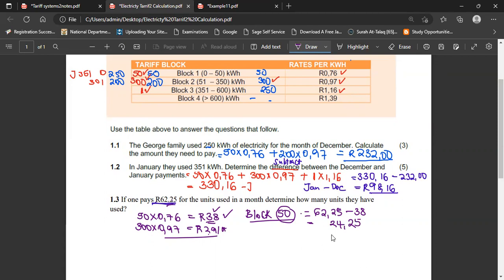So if you remain with this one, we shall divide it by the 97 cents. Why? It has been pushed to block number 2, but by how many units? By 25. So units used will be the 50